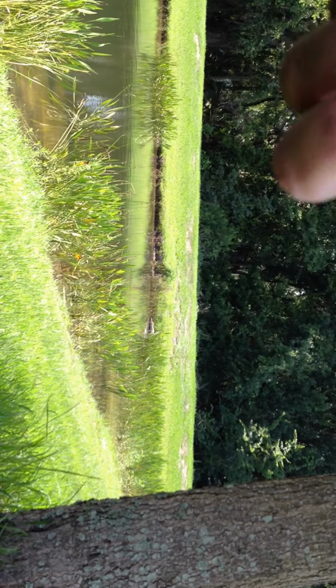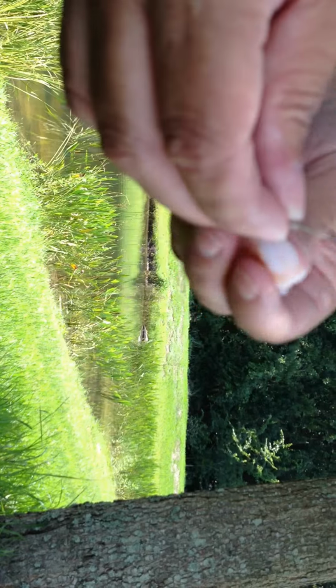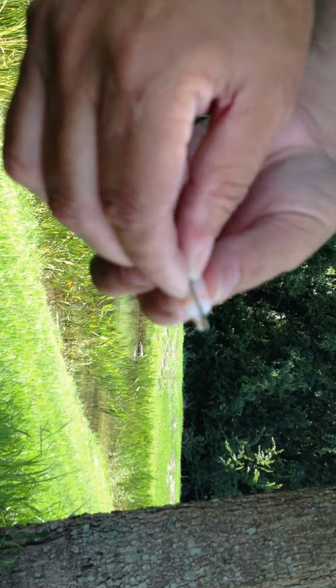Fishing with shrimp for freshwater. This is great for any kind of fish, really, for freshwater. Just take a salad shrimp, number 6 hook. I like to hook it right in the middle